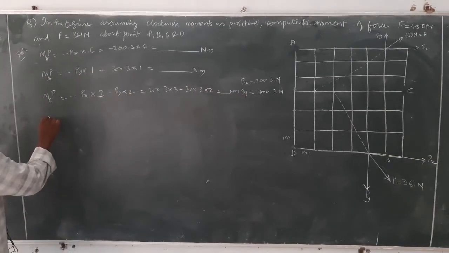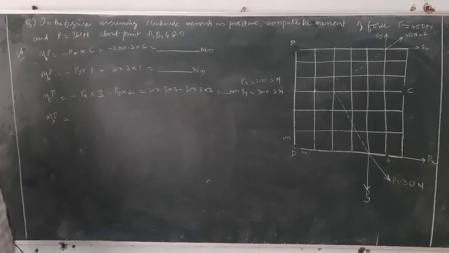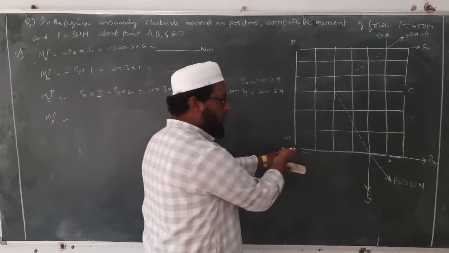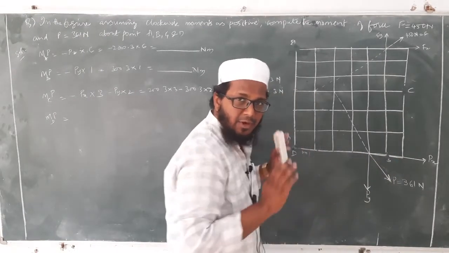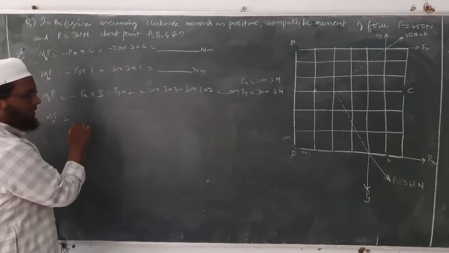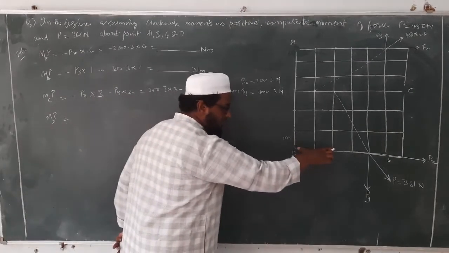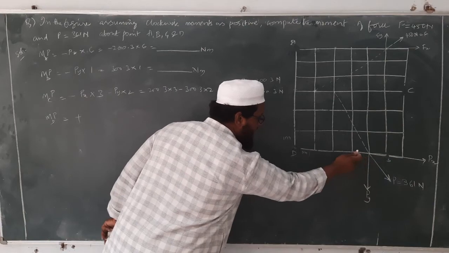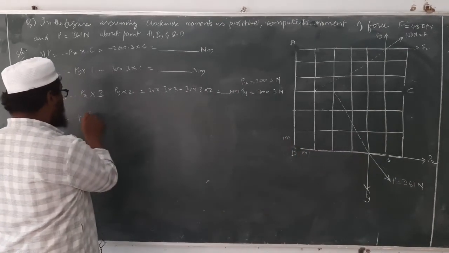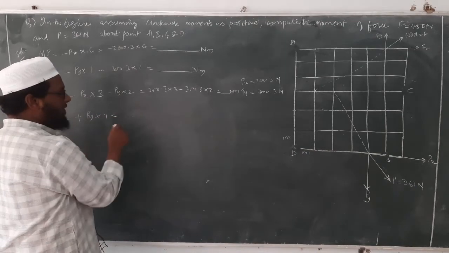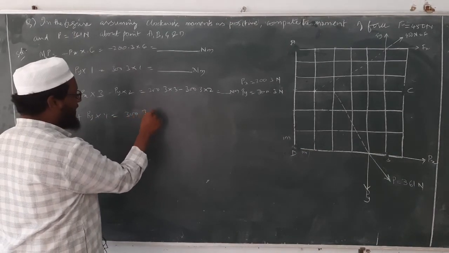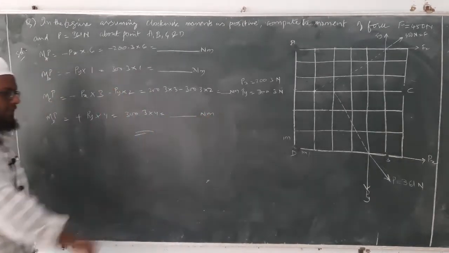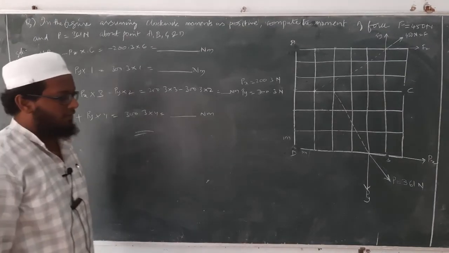Next we have the moment of P about point D. Where is our point D? Our point D is here. Now see here, Px is going through point D, so Px will become 0. So what will be remaining? Py. See the force Py. Py is going in the clockwise direction, so plus Py. The perpendicular distance is 1, 2, 3, 4, so Py into 4. What is the value of Py we have? 300.3 into 4, and we will get some value in Newton meter. This is how we calculate moments for all the forces one by one.